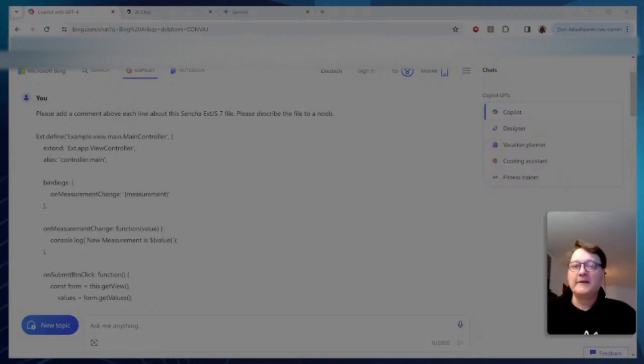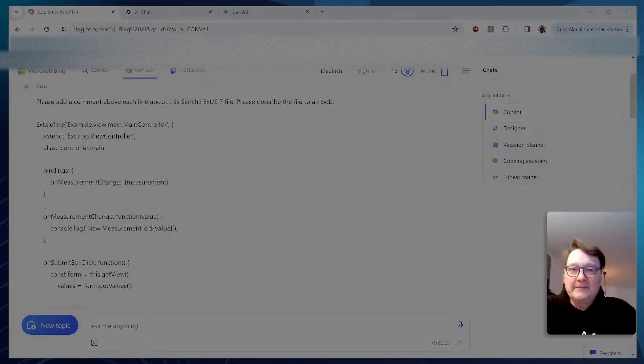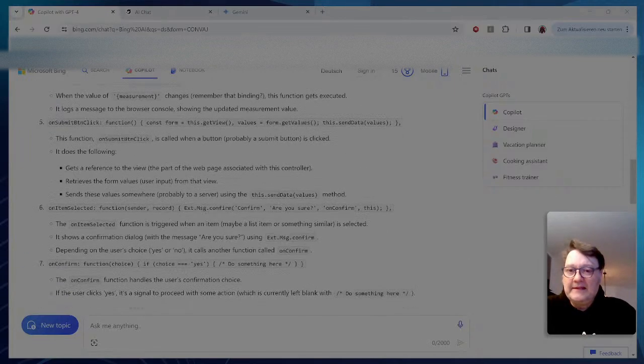Please help me. Okay, so what was my question? My question was, please add a comment above each line of ExtJS 7 code, describe this to a noob, and explain in detail a bit. Just give me a second. Explain in detail